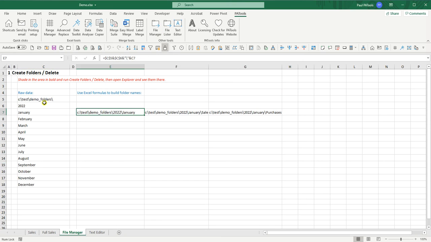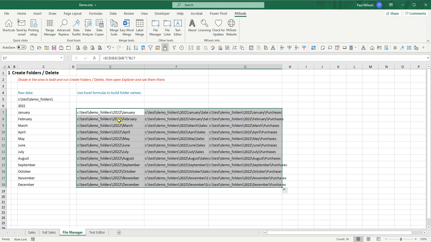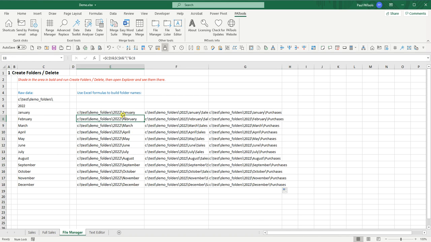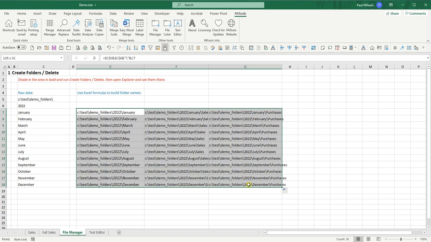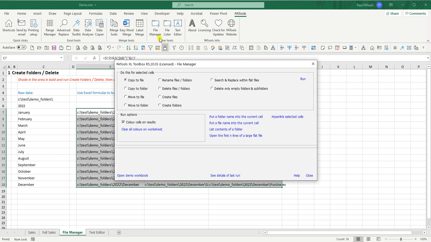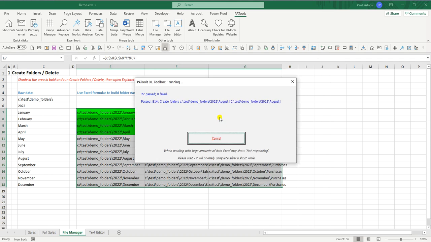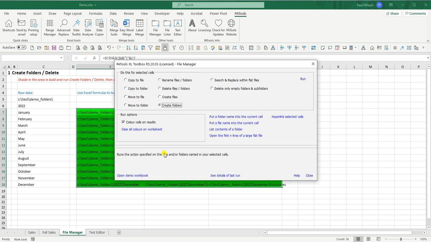Here we've got a formula that uses information from over here to create a file path, and then this one adds sales and this one adds purchases. So we can then copy that down, and using the power of Excel formulas we've now got 36 folders here ready to set up. Go File Manager, create folders, run, and it's run through those, coloured them all in green